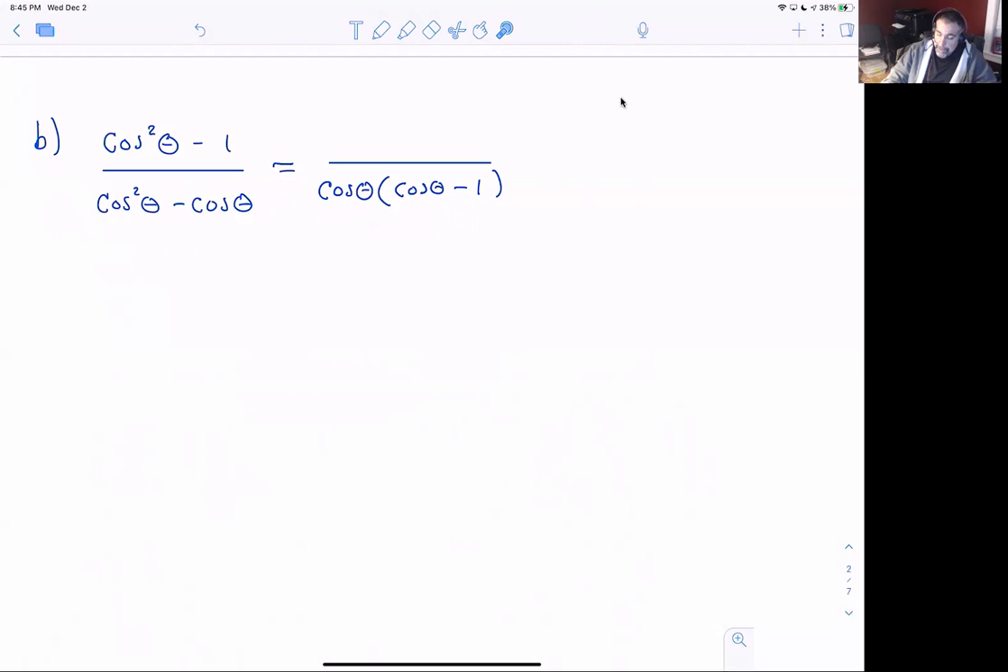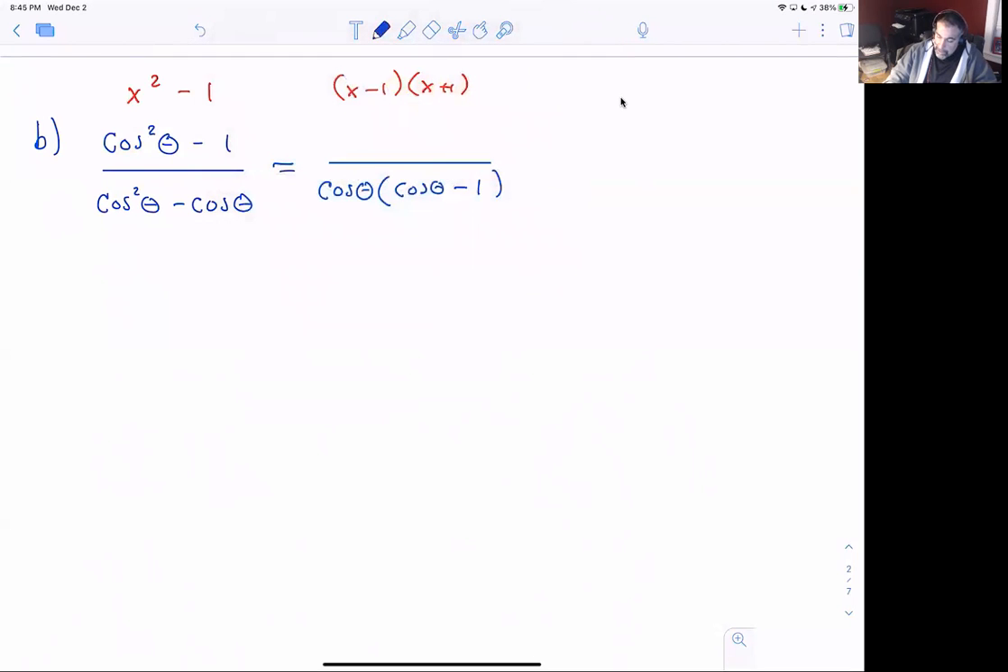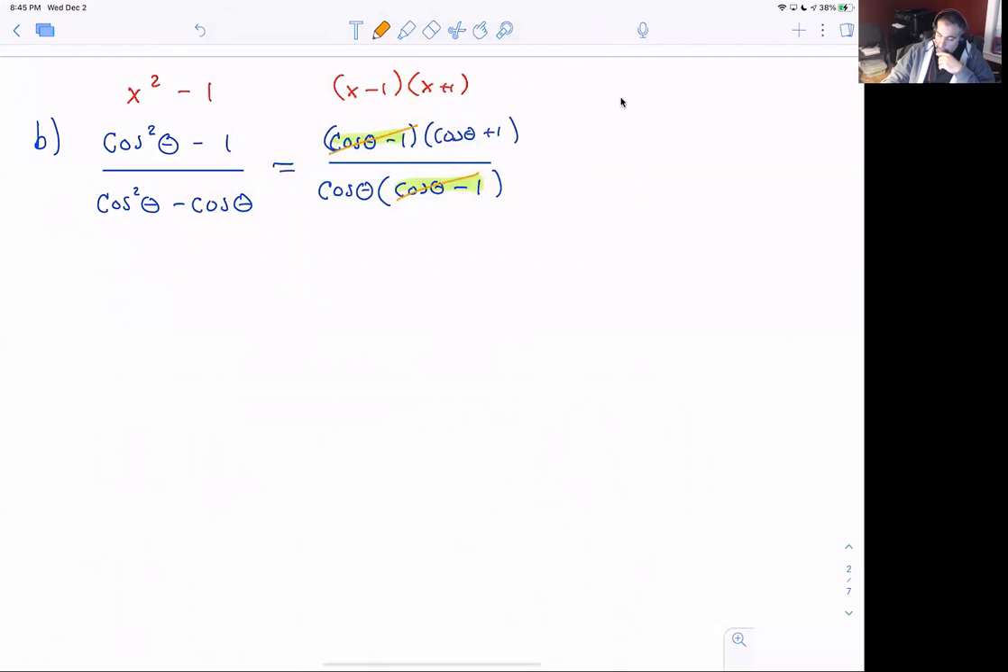And now on the top, I think in the last section, I talked to you guys about treating these trig functions like variables. If this were x squared minus 1, I hope you would do a difference of squares. I hope you'd say x minus 1 and x plus 1. Well, if it's cosine squared minus 1, we're going to use that exact same idea. We're going to treat this as a difference of squares, and we're going to get cosine theta minus 1, and cosine theta plus 1. And when we do this, what we're going to notice is that we've got common factors right here and here. Anytime you've got a common factor in the numerator and the denominator, you can cancel those out. So now what we're going to be left with is